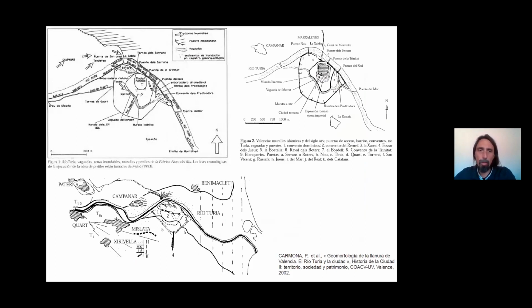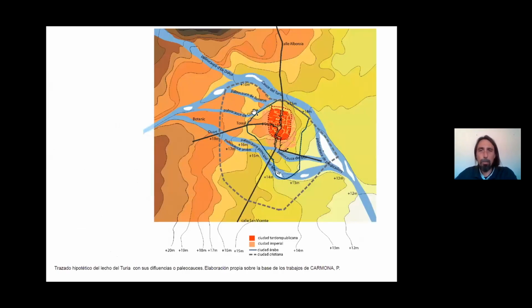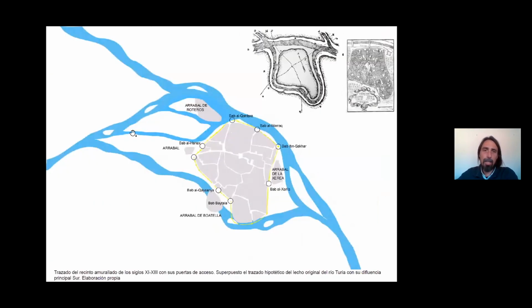So you can see these different meanders. So there's a hydromorphological memory. There are different channels that were dried up, different paleo channels that influence the urban shape and the wall, the Arab wall. That's why it has this shape. So I started to work on some hypotheses. As I was saying, I was talking about St. John's Island. So today, I realize that all of this coincides with different runoff courses that had an influence on the construction of the wall.